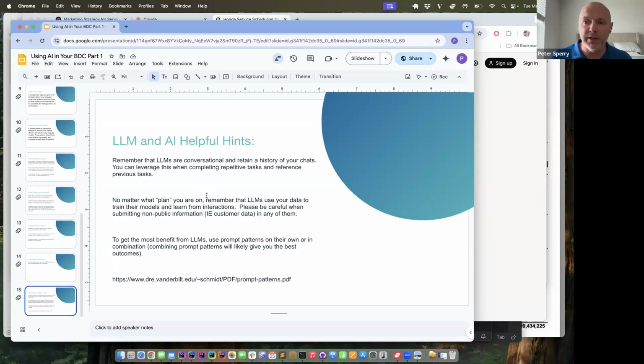And then the last thing that I included in this slide is a PDF that was written by one of the professors at Vanderbilt University on these prompt patterns. So it goes into much more detail. It's a super heady read, but a lot of the material in this presentation was based on extension classes that I took at Vanderbilt. And this is one of the PDFs that was put out by one of the professors there, the actual head of their CS department. So if you really want help falling asleep tonight, grab that PDF and read it in its entirety.